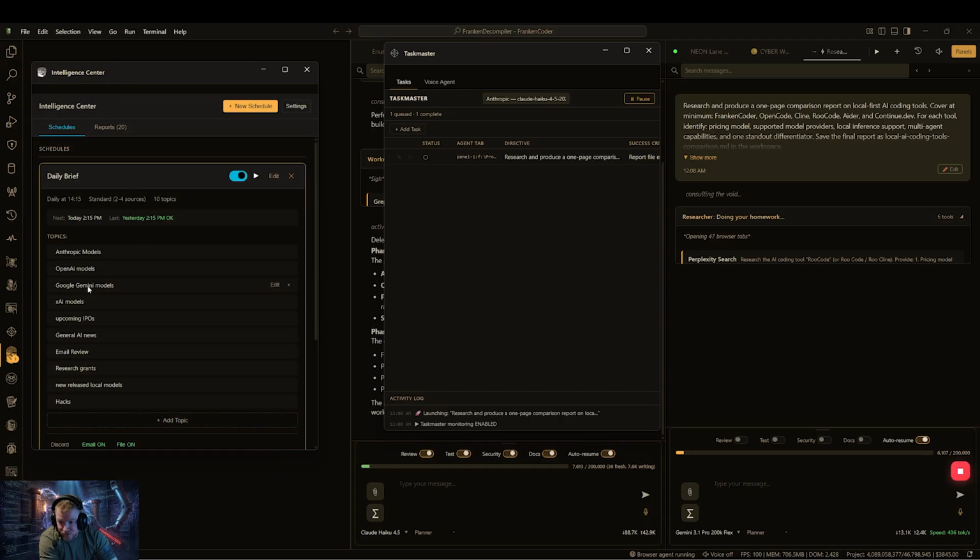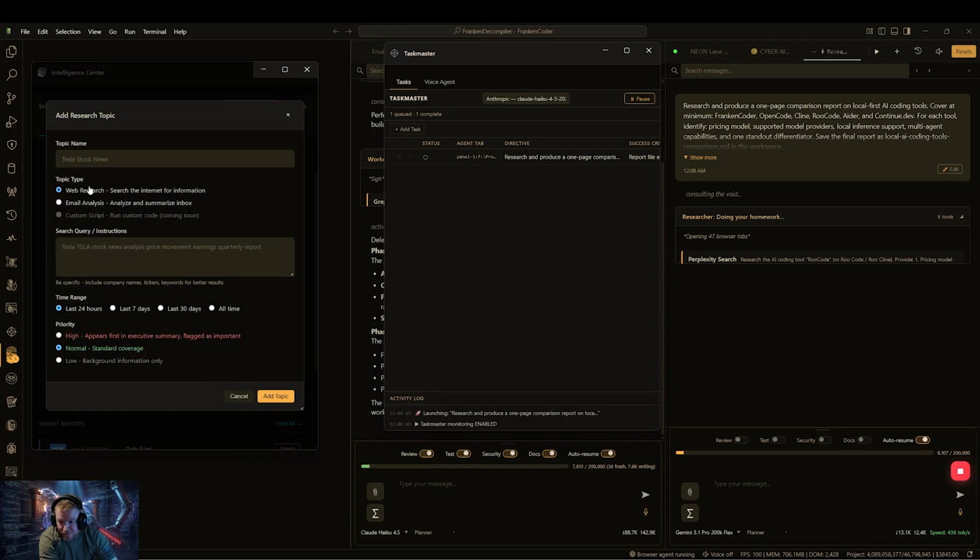And then once you have the schedule, it's going to be blank. So you just come through and add topic, and this is where you start adding in the different things you want to look up. And then you can do web search or email analysis. I do plan to add extra things on here. Maybe you want to follow a YouTuber and see what their video is about for the day, or whatever, I don't know. Or maybe you want to use one of the APIs that we have, which again,